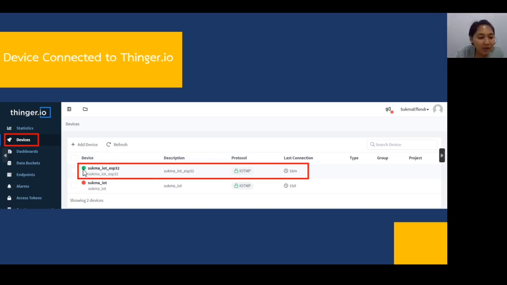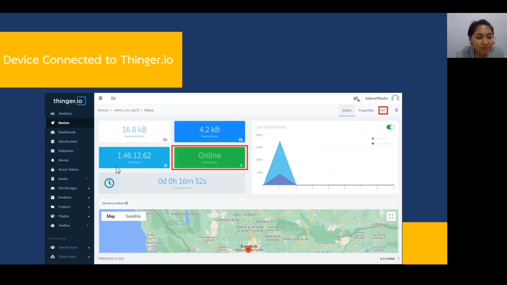If the circle icon is red, it means that the device is not connected. And then just click the name of the device, and then ensure that the device is online